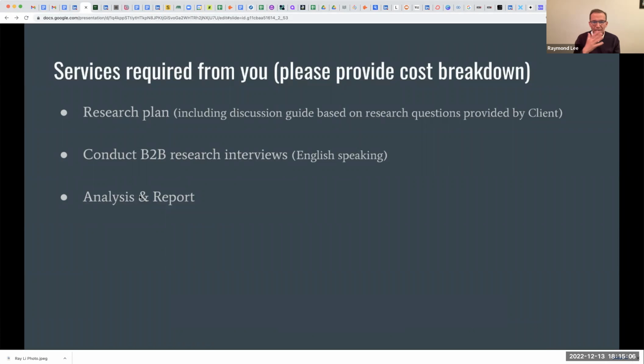So depending on how badly you want the project, your bid may vary, or how busy you are, or how good a fit it is for your background. If you think you are absolutely the #1 researcher they could choose for this project, then maybe you want to bid a little bit high because your background is excellent.